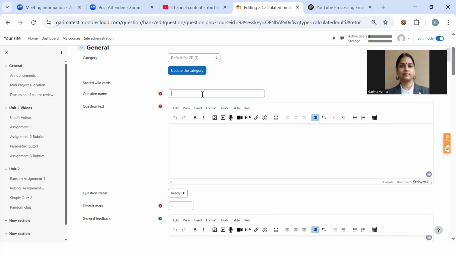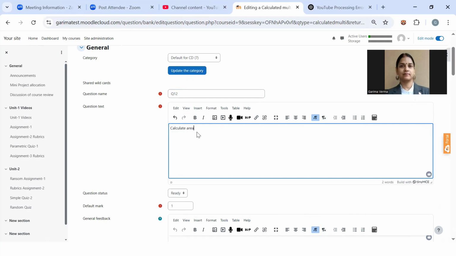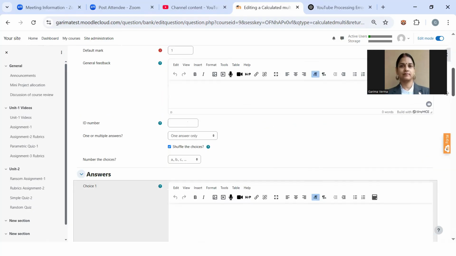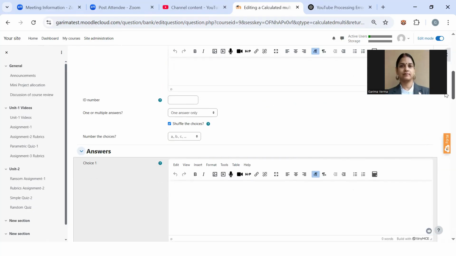So I am specifying the question ID as question number 12. Now calculate area of a circle using radius is equal to, I am converting this into a parameter, so I am making it curly braces with small r. Default number is 1, so I'm not going to change it.